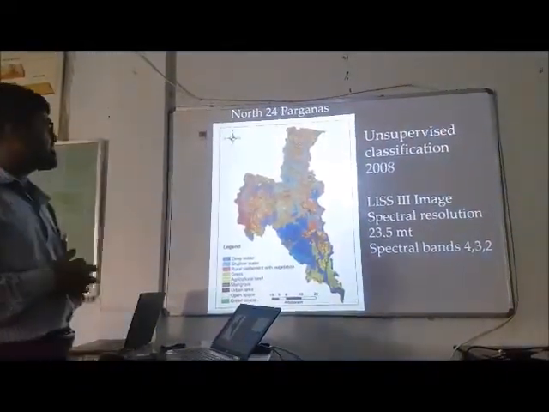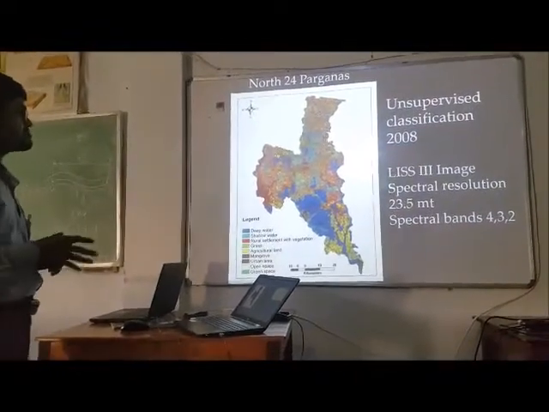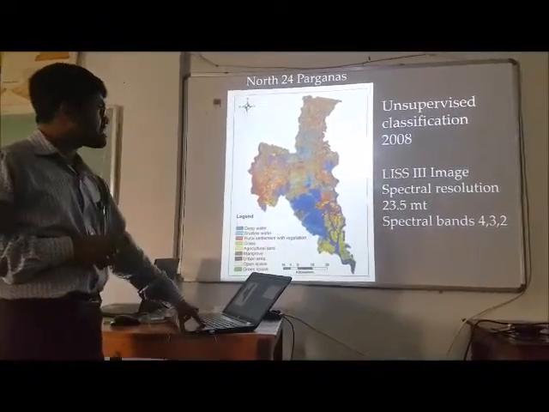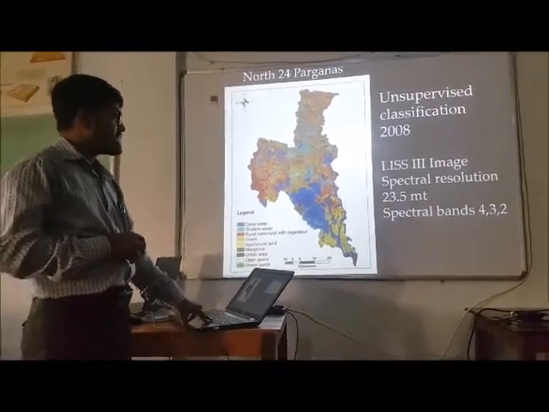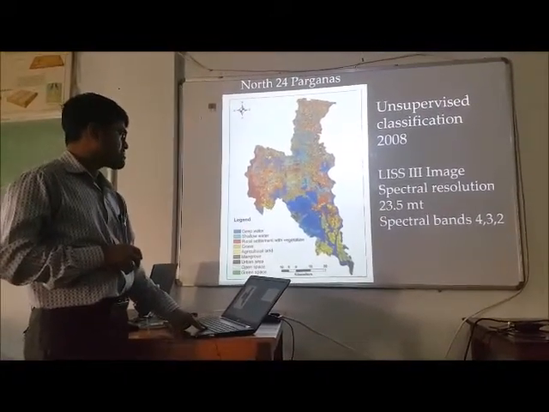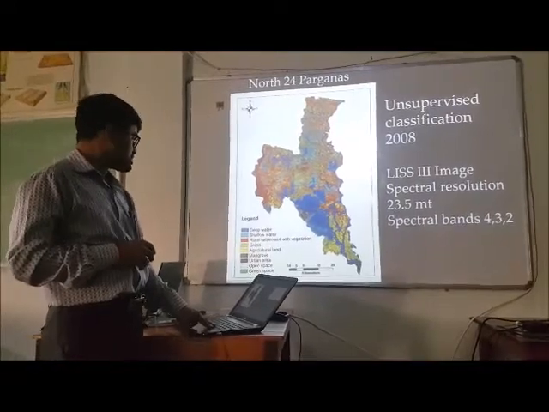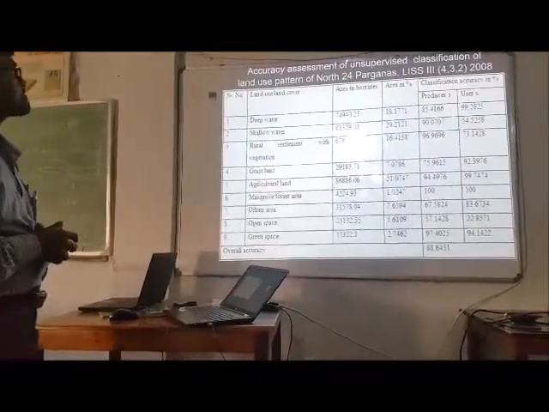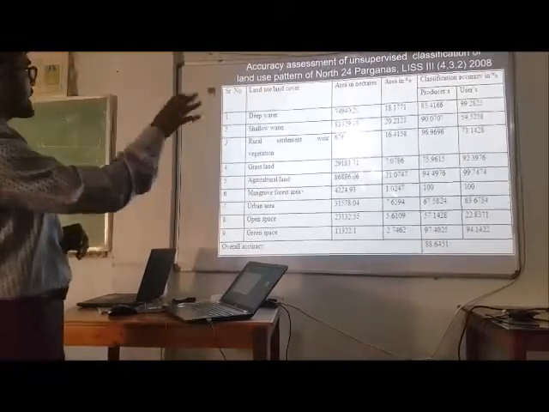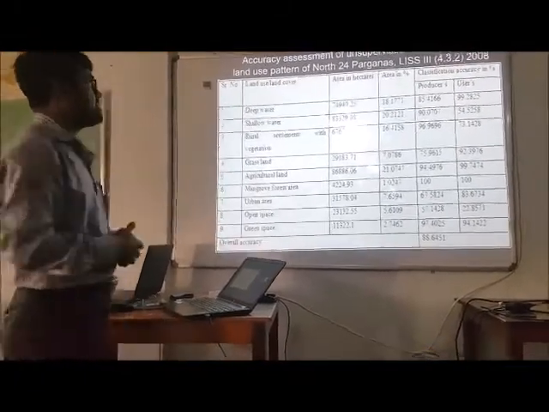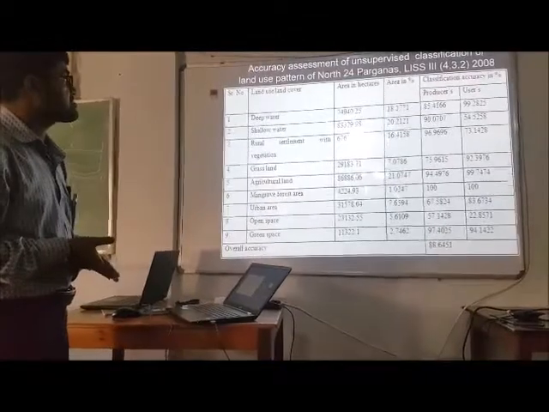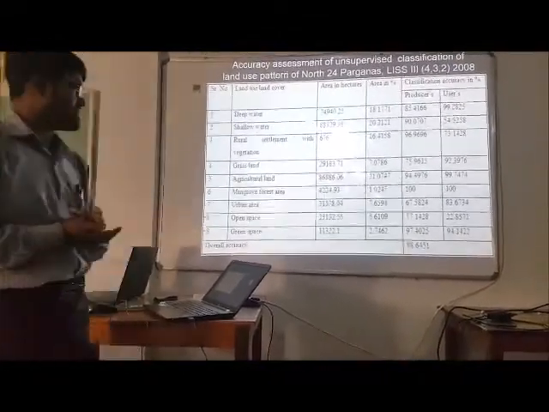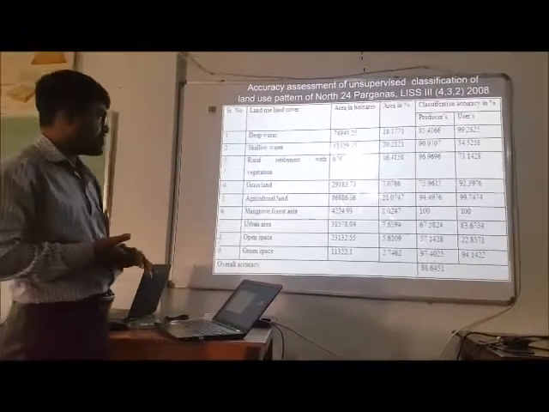This is the unsupervised classification of North 24 Parganas district's satellite image using IRS data with spectral bands 4, 3, 2, and here the accuracy measures are shown. We can see that the overall accuracy is 88.64%.